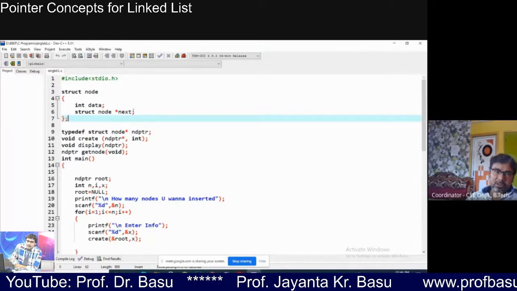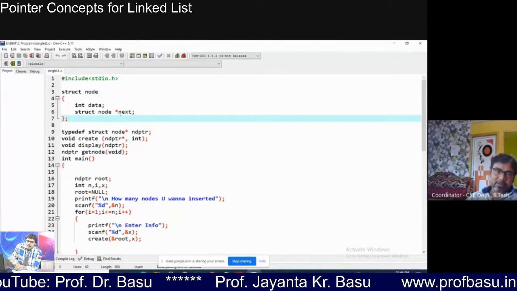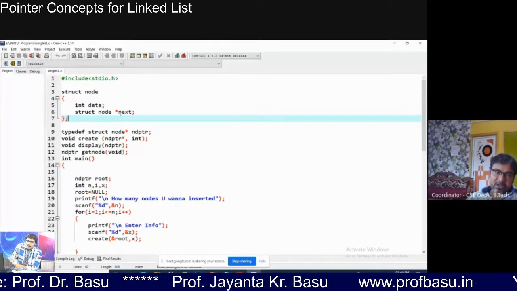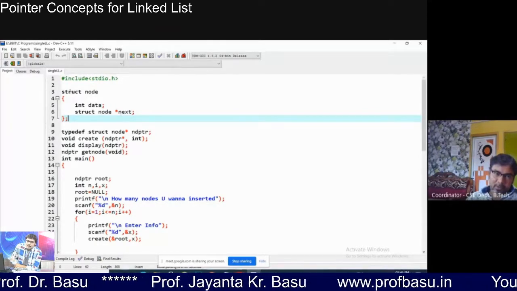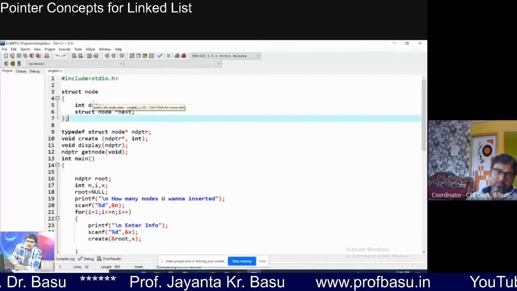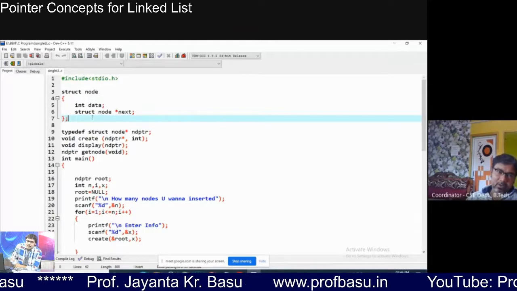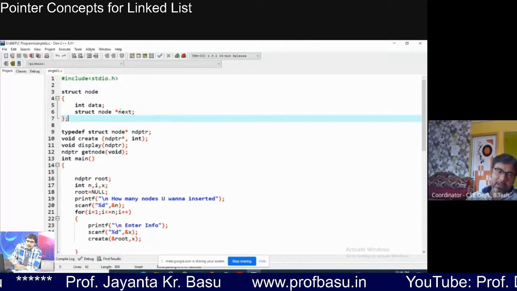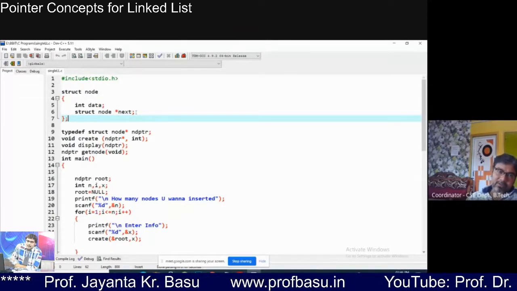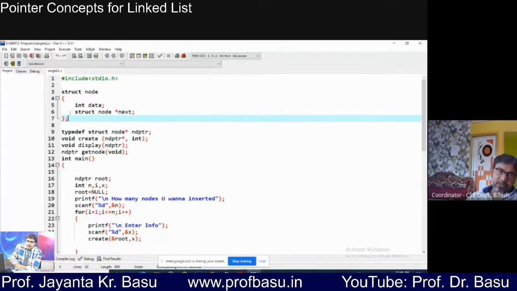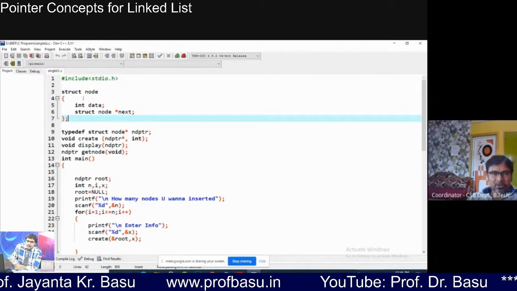Got it? Since next is a variable which contains the address of a variable of type node, that's why while defining the node, I am declaring the variable next here as struct node star. So this is the way to declare a structure pointer.